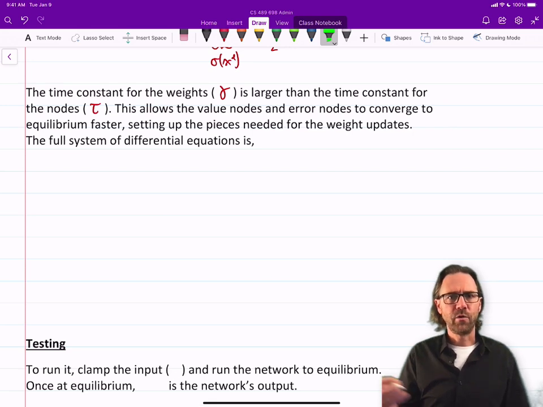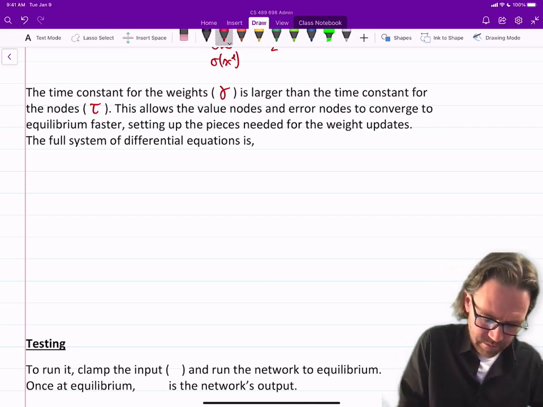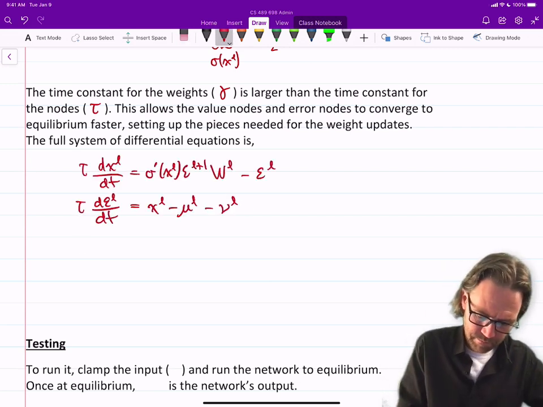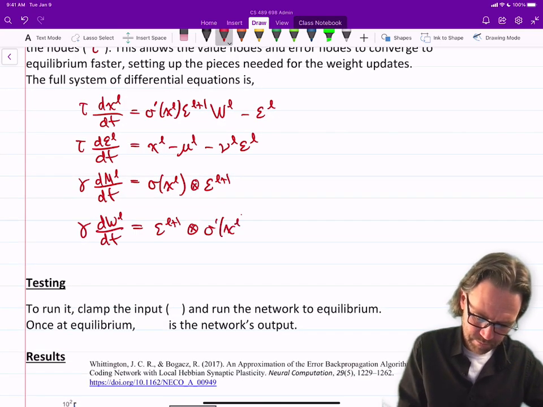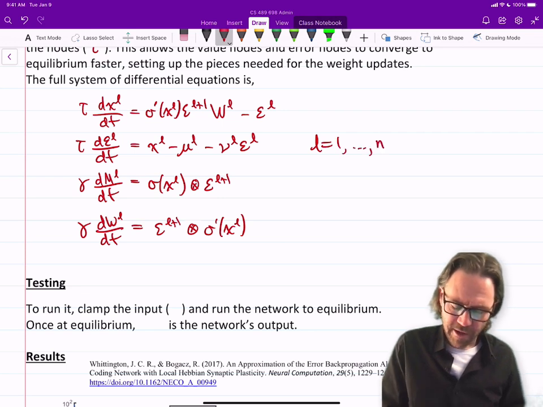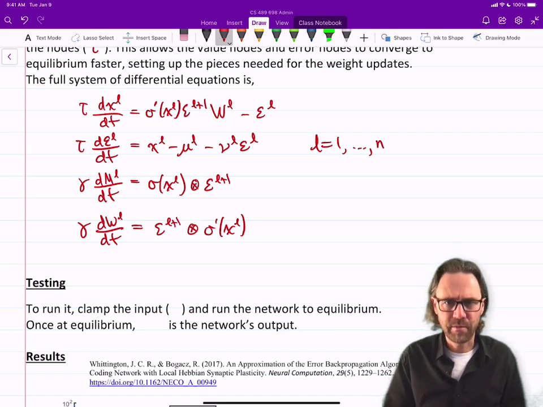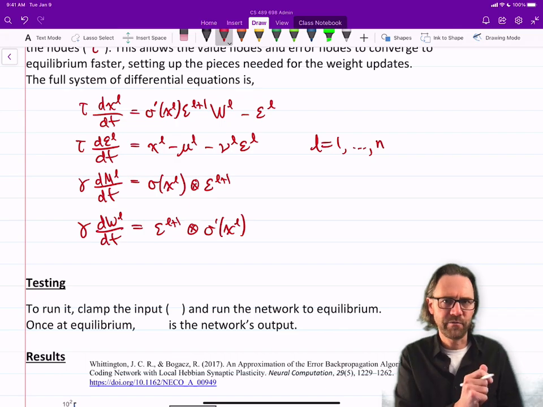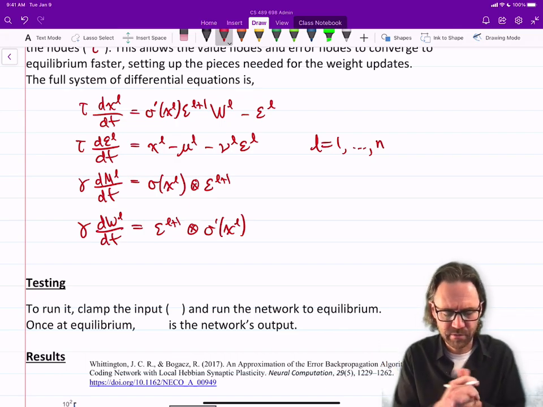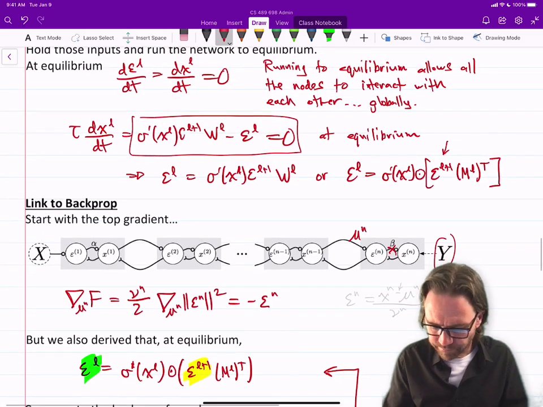So the whole system is basically 4 differential equations per layer. So I'll just write them out now. This is for L equals 1 up to n. Maybe L equals 2 up to n. I mean, maybe the input layer is not a full layer. You can sort of choose how you... Oh, it is a full layer, I think. Yeah, it's a full layer. Anyway,